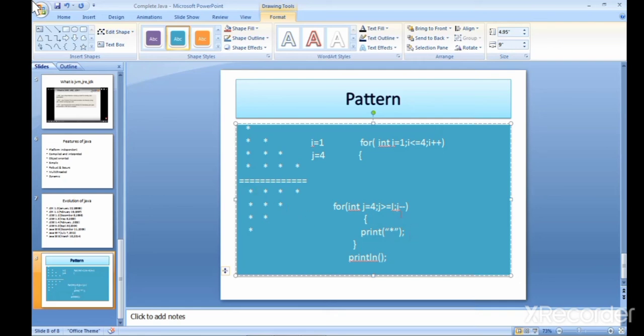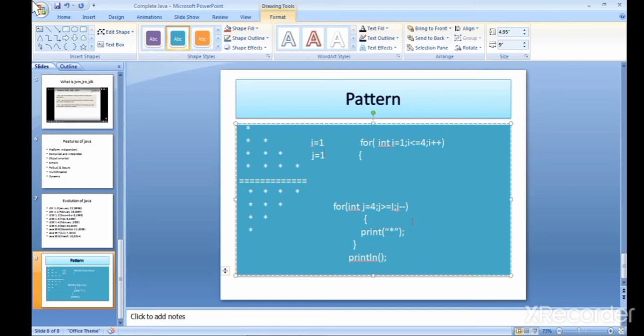Then it decrements the value of j from 4 to 3, and it prints the star. After that it decrements the value of j from 3 to 2 and prints a star the third time, and after that it decrements the value of j from 2 to 1 and prints the fourth star.